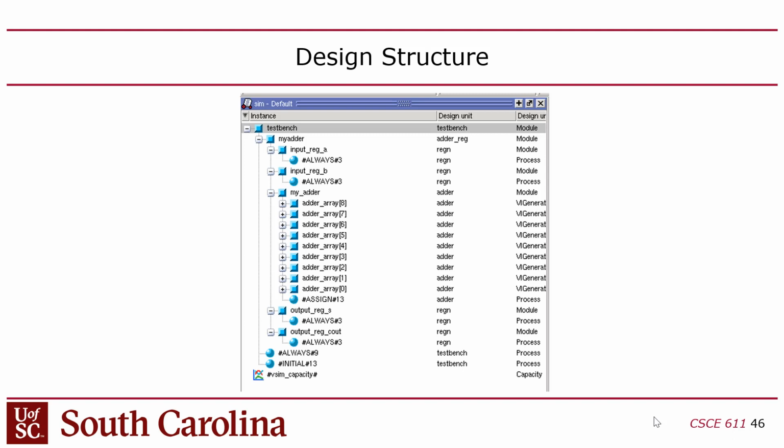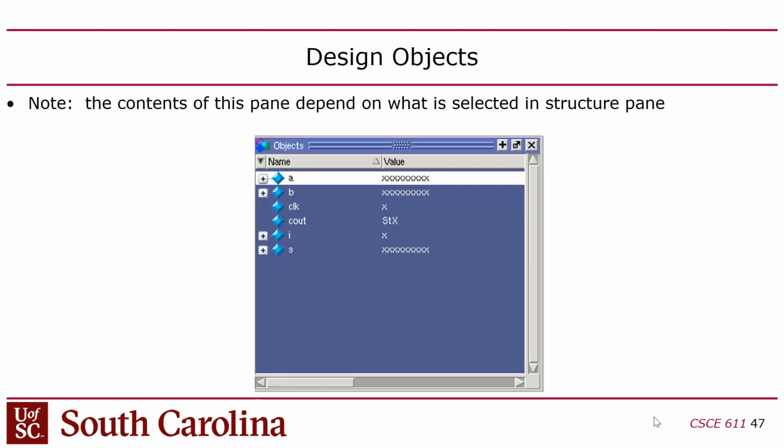And then if you click on any of these, you'll see the signals inside that level of the hierarchy, at least in the signal list. There's a signal list, which I think I show, yes, right there. They call it objects instead of signals because sometimes there's RAMs in here. You might have a RAM. So they're not all signals, but in this case, they're all signals. I have a 9-bit A, 9-bit B. Of course, you see they're X's, which means it doesn't know the value. There's a clock,